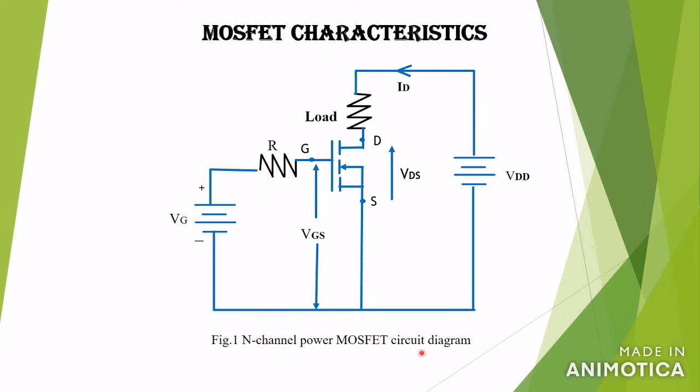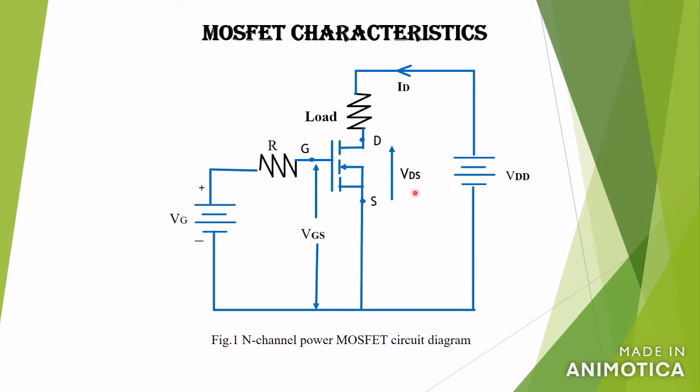So this is a circuit diagram for obtaining the characteristics for an N-channel power MOSFET. So this is the MOSFET. It has three terminals: drain, source and gate. The voltage source is connected across the drain and the source terminal, with drain as positive. ID is the drain current, current flowing from drain to source terminal, and VDS is the voltage across